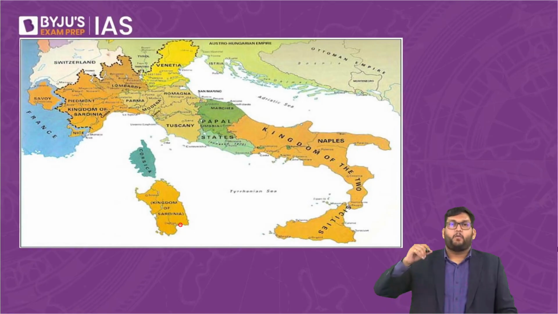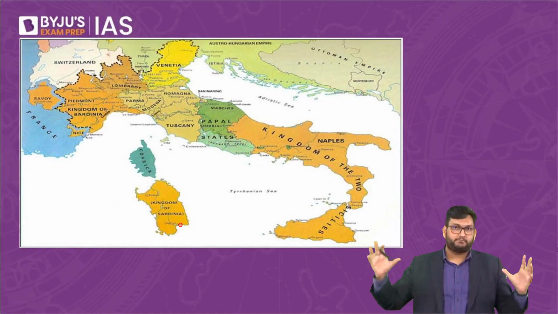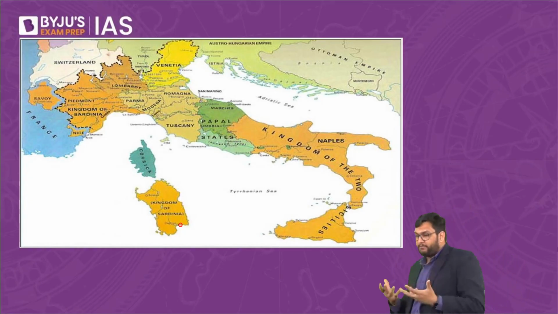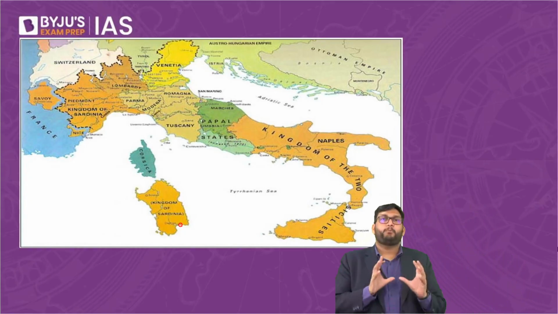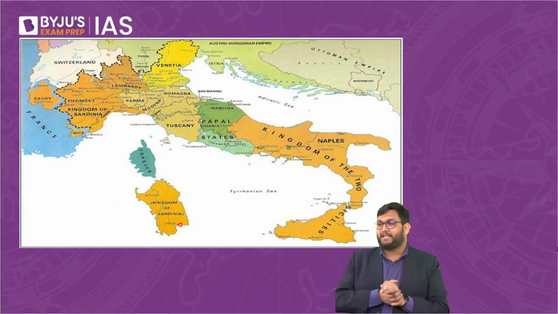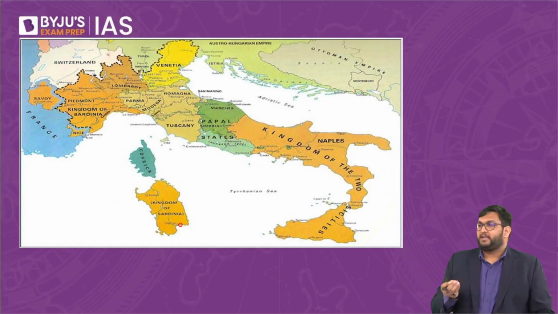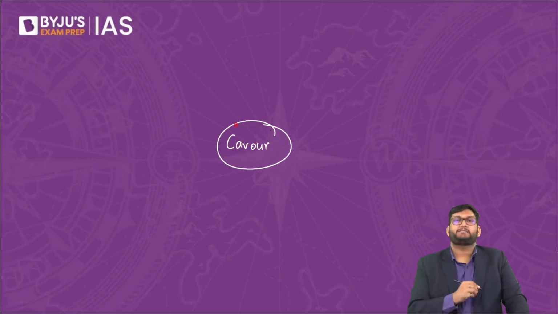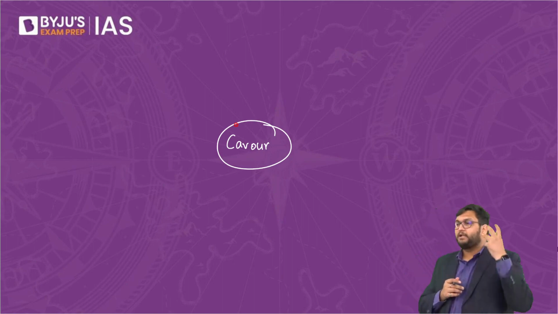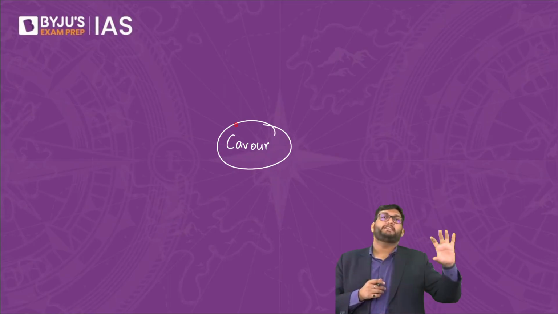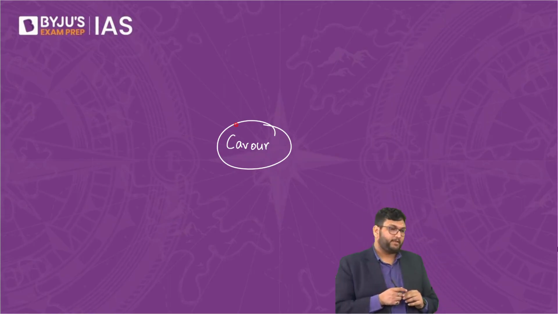See, whilst Prussia is a big kingdom, would any great power or any big power really give any form of attention to Kingdom of Sardinia and Piedmont? No. It's a small kingdom in Italy. So the first challenge which Cavour has is to bring Piedmont and Sardinia into the attention of these big powers. And